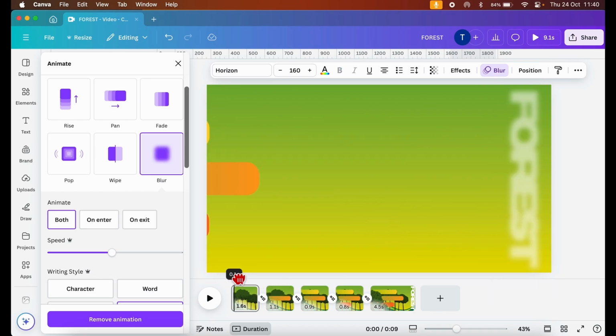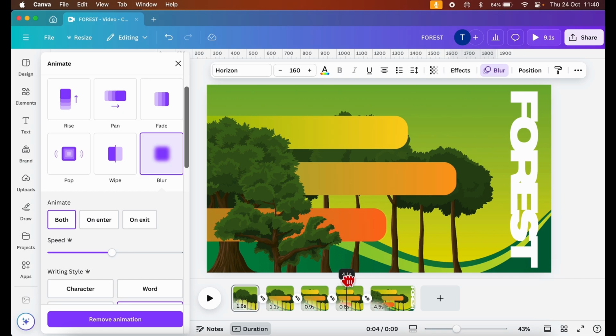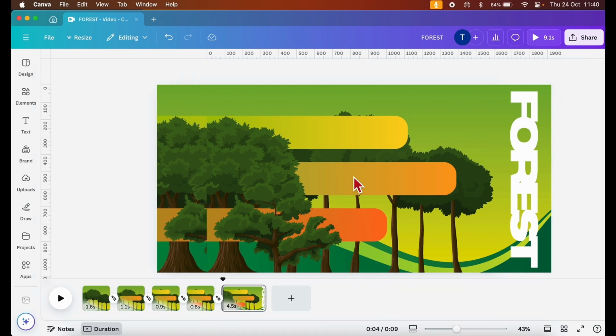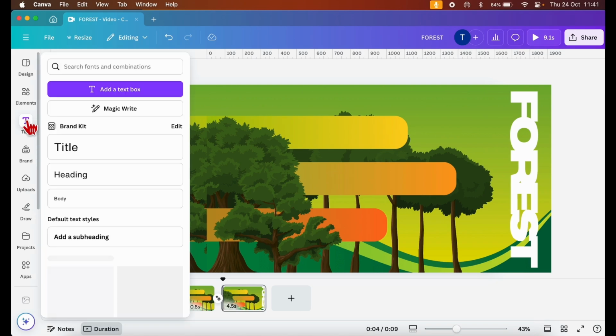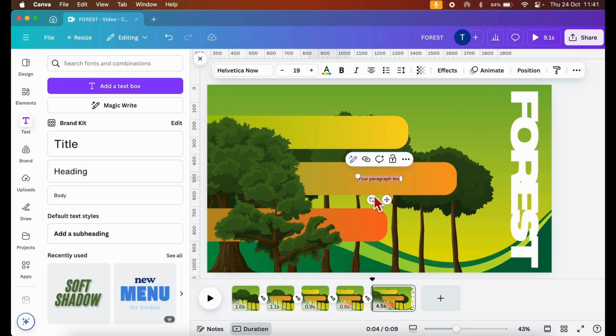Now I want to move over here. We've got those 3 coming in there, and then when I get to this stage, I want to bring in some little logos and also some text. So the text on here is going to say things like, because it's all about the forest, land, density, and ecosystems. So I'm going to start to bring in my text now. So I'll just add a text box in there. Let's put in ecosystem